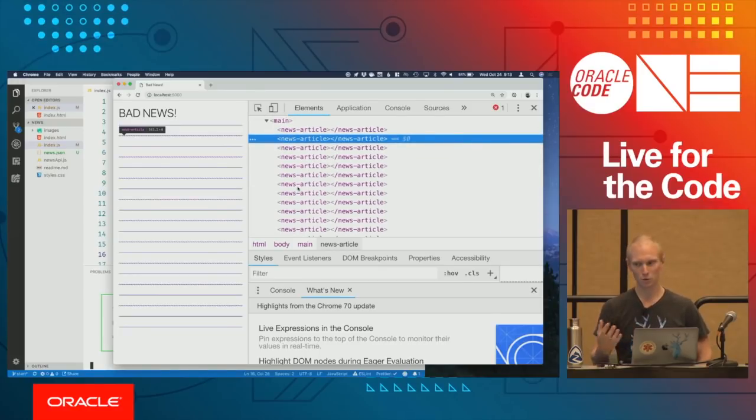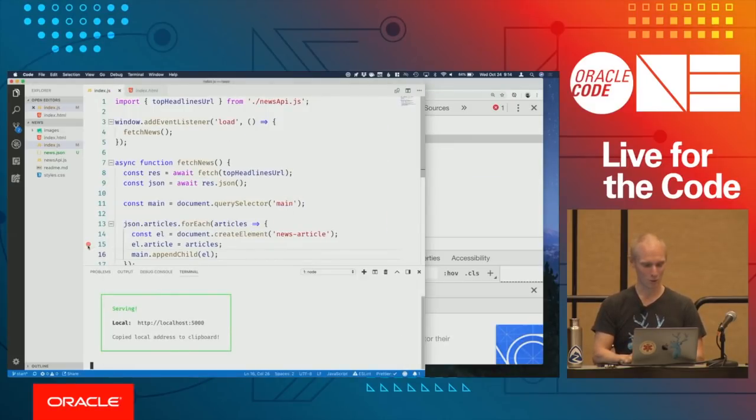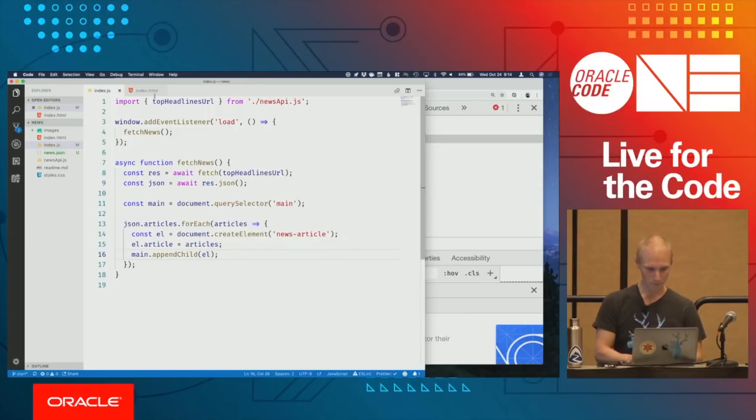Now, of course, a news article isn't something that HTML ships with out of the box. The browser doesn't know what we're talking about when we're talking about a news article. It does diligently put them in there for us, in case it would happen to work, but it doesn't, obviously. So in order for that to actually work, we need to create a definition for this new tag. And this is fairly straightforward. What we need to do is create a new file for it. I usually like to call it the tag name.js, so